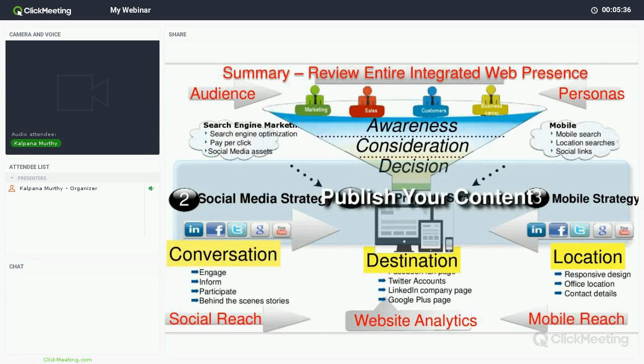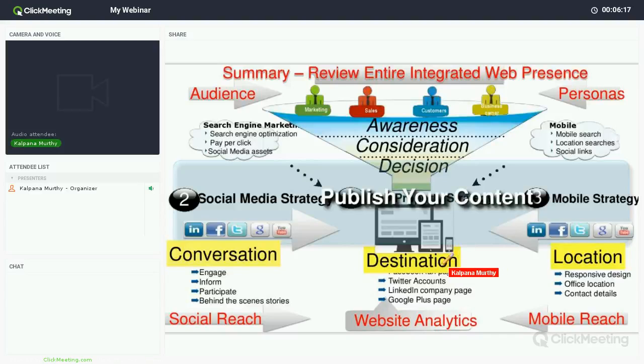Now, in order for you to publish your content, there are different types of platforms that you can use. The first and foremost, I really recommend everybody to have is a professional website. You may have social media profiles, you may be doing email marketing, you may be doing several other marketing strategies, but without having a website that can really host all the content that you own, that represents you as a subject matter expert in the industry, it's really hard for you to do content marketing. At the least, have a robust blog platform where you can generate dynamic content, right?